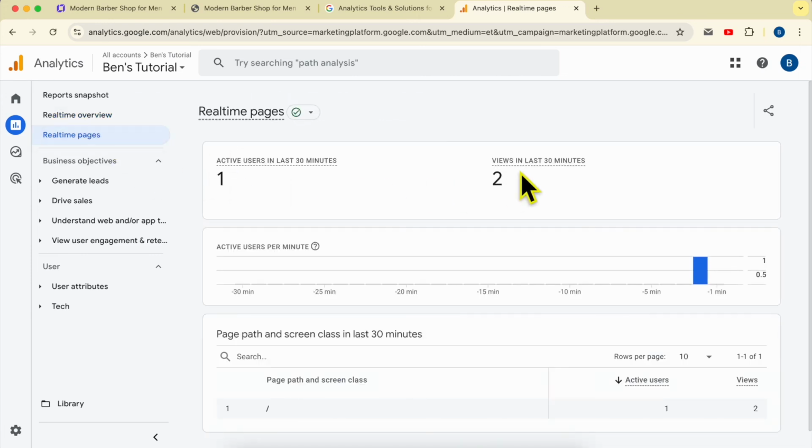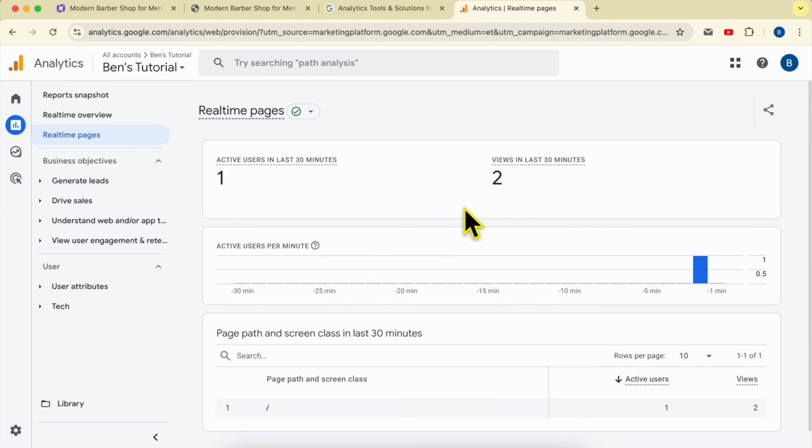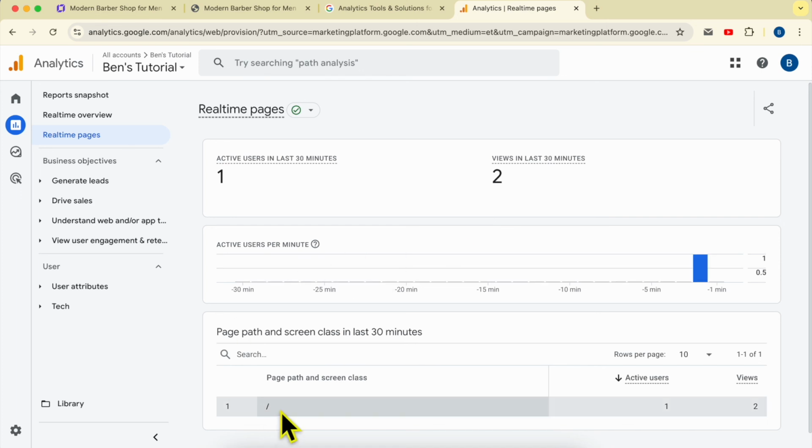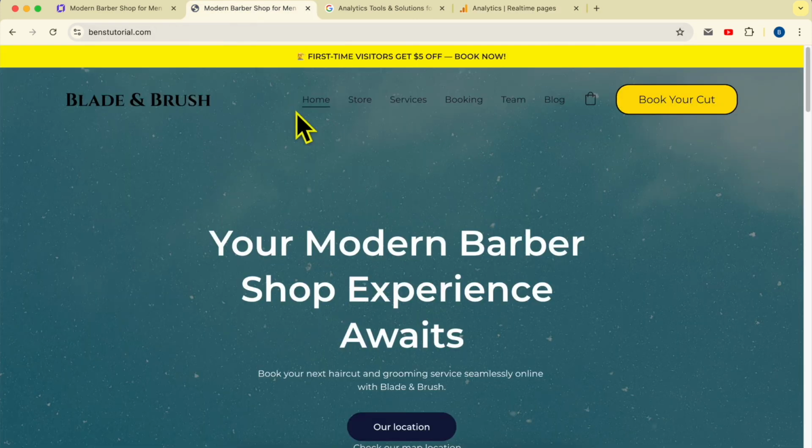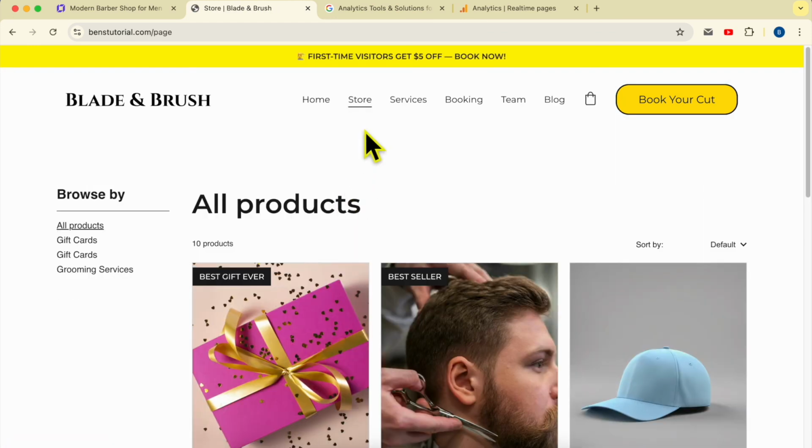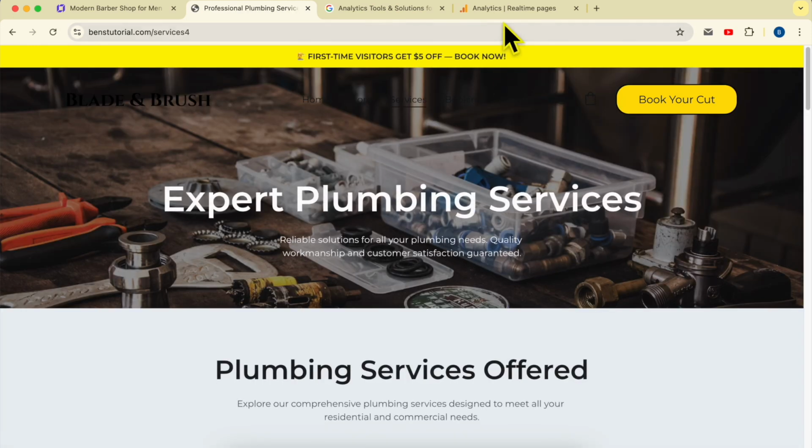I have 2 views in the last 30 minutes. Both of those views are from me, so active users is the same one. I visited 2 times, or I viewed my website 2 times, and this is the page path and screen class in the last 30 minutes. This slash means the active visitor is on the home page. Let's test if I visit my store or my services page